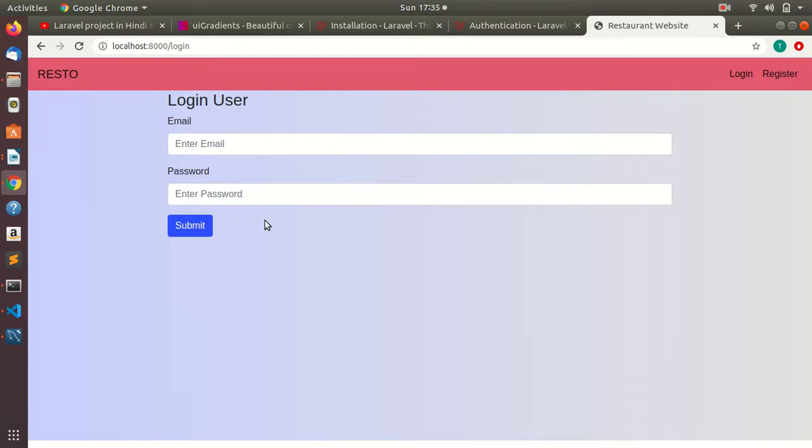So we saw two ways that we can register a user and log in. First, the Laravel auth method, using which we use some commands, and we don't need to write much code.